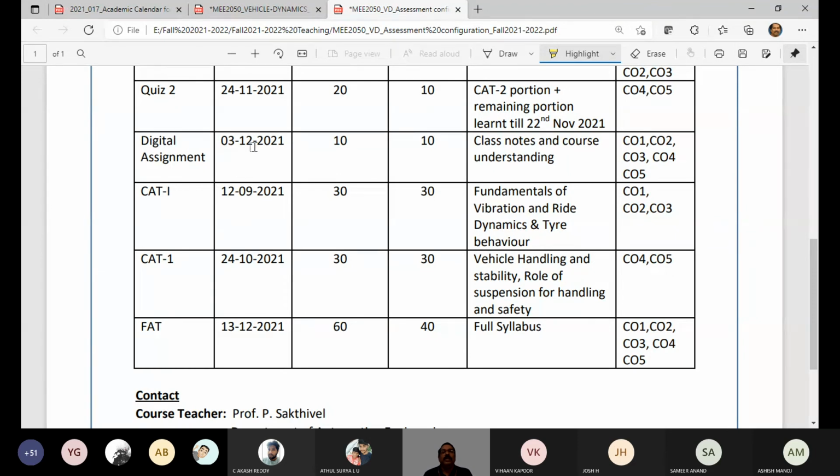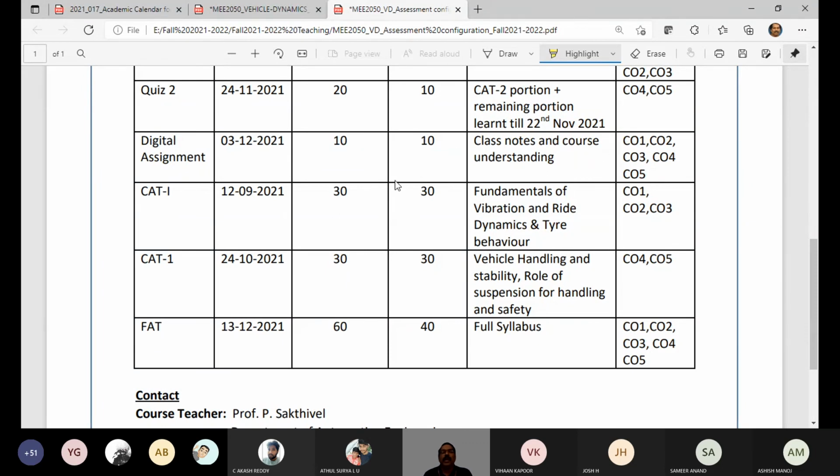3rd December is the last instructional day. So I just have put, so me and your interaction and your class notes preparation, maybe then and there I may ask you to submit it. So based on that, I would make an assessment. If I complete module 1, or if I feel that I have taught you and you are good at getting the first outcome, then I would ask you to submit your class notes.